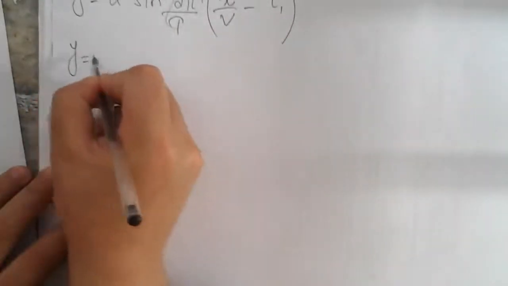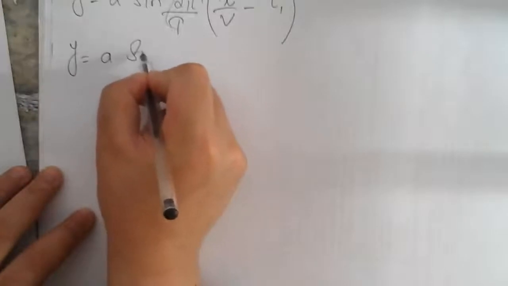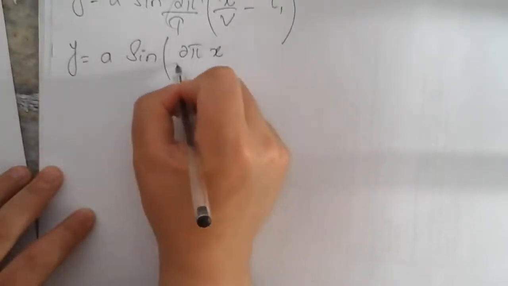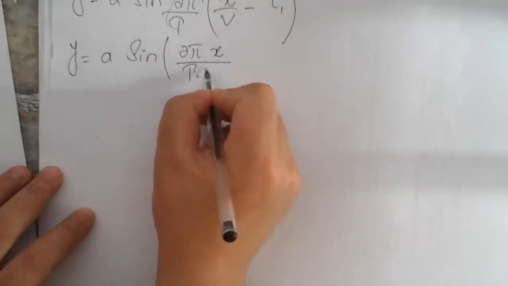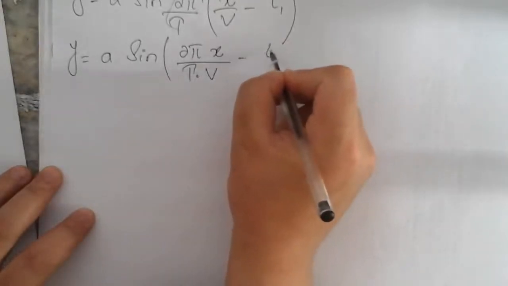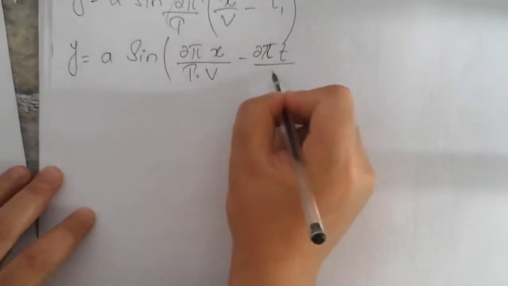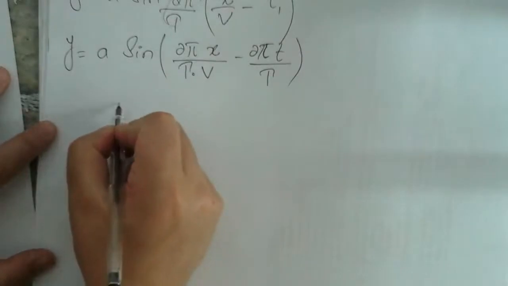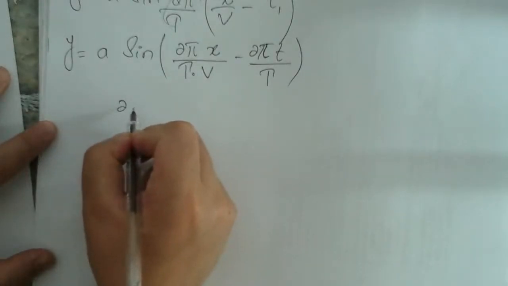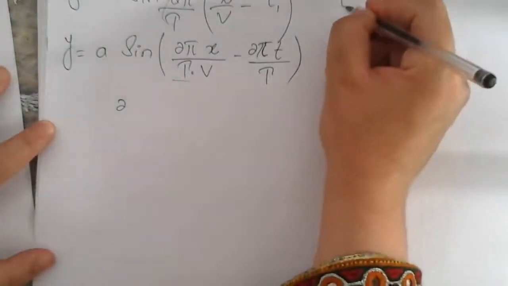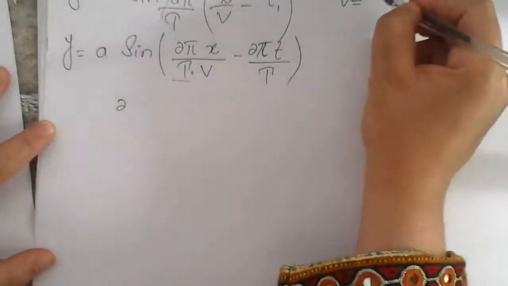So it will be A sine (2 pi x over T v minus 2 pi t over T). So we know that 2 pi over T, and we know that the speed of a wave is equal to